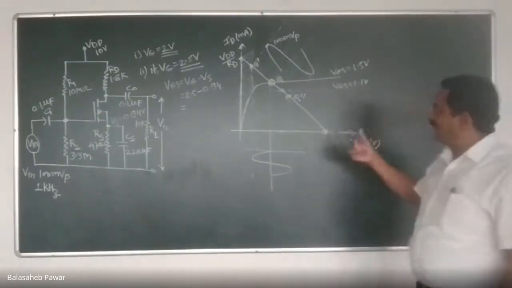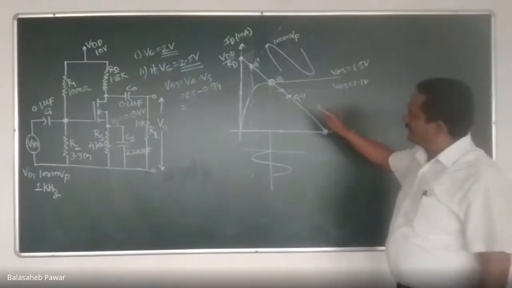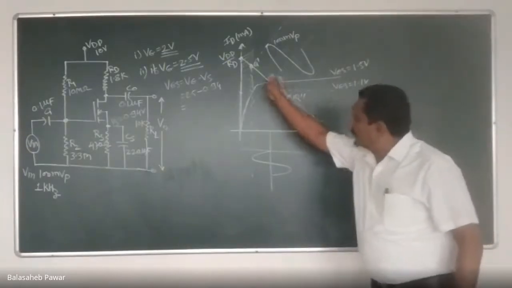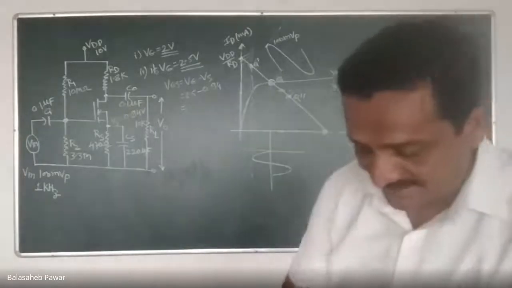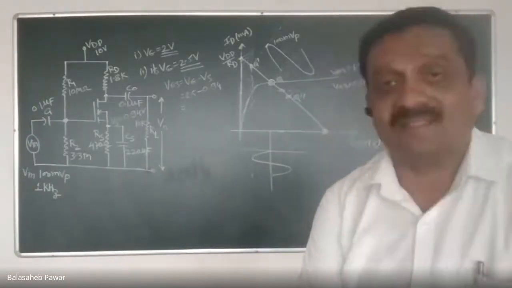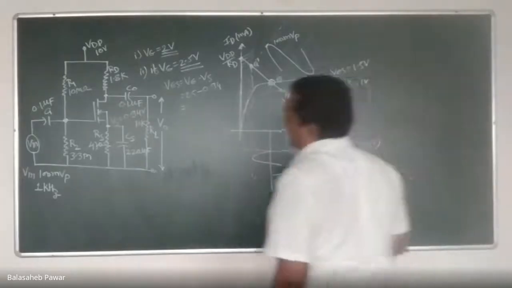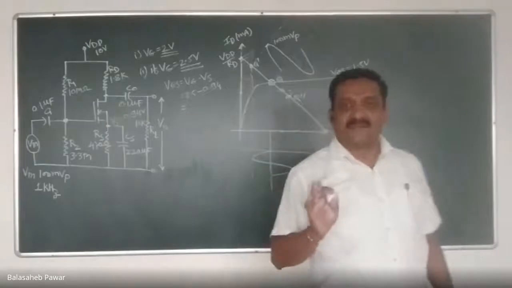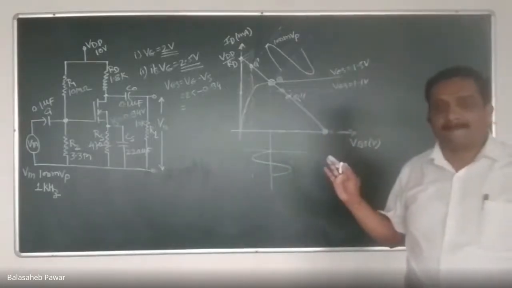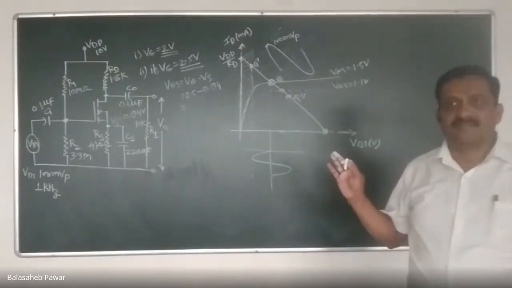It is the same as our previous discussion. Only what change have we done? We only shifted the operating point from the center towards the ohmic region by increasing VGS. And how is VGS increased? By increasing VG. And how is VG increased? By increasing the value of R2. Are you getting it up to over here? Yes, sir. Okay.